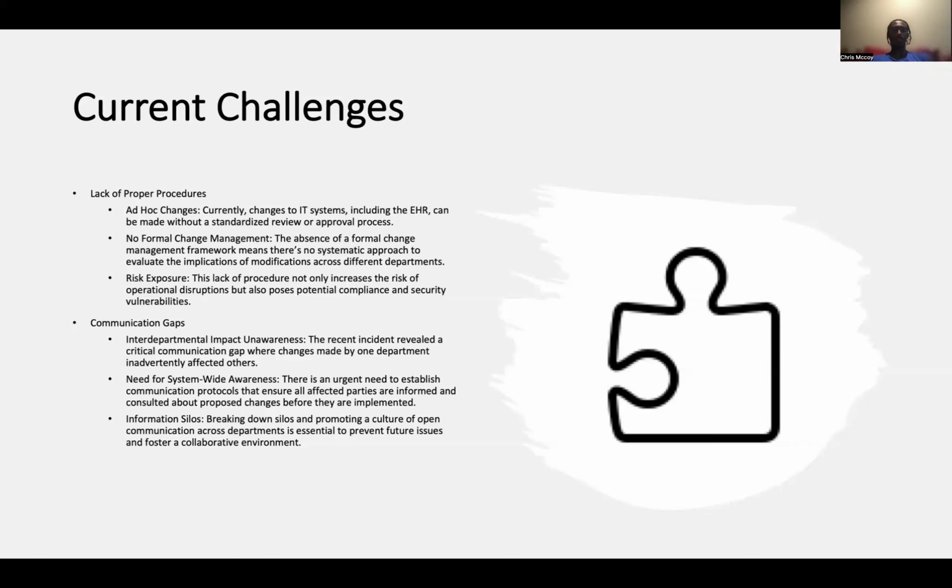A need for system-wide awareness just means it ensures all affected parties are informed and consulted about proposed changes before they are implemented, and interdepartmental impact unawareness just means changes made by one department inadvertently affect others, and there's a communication gap between those